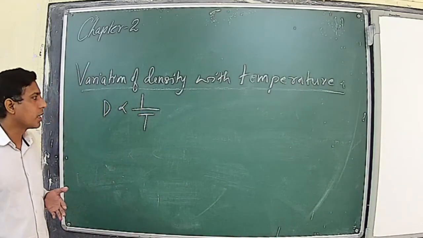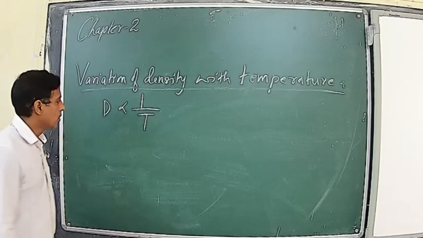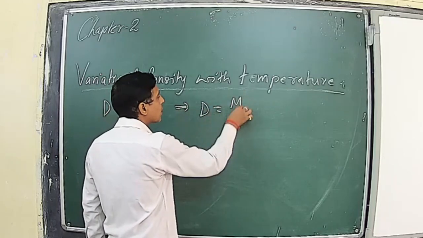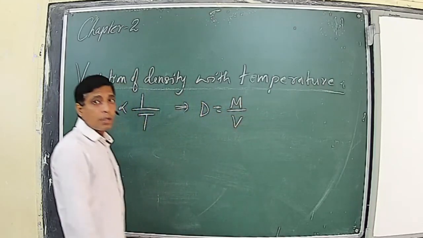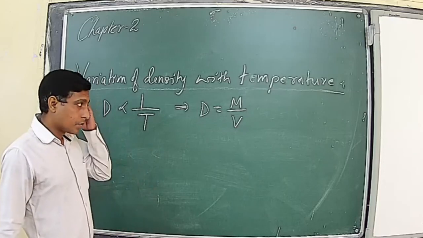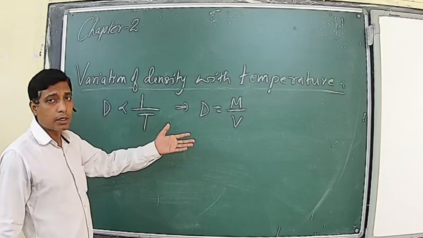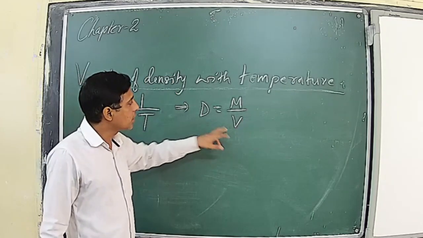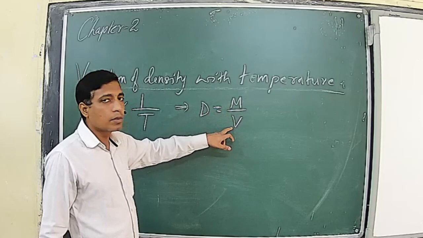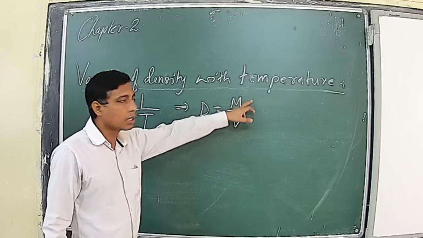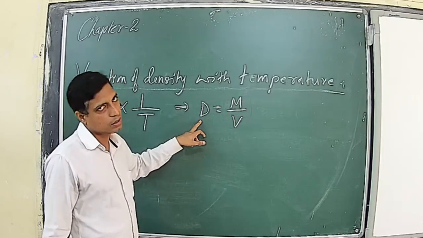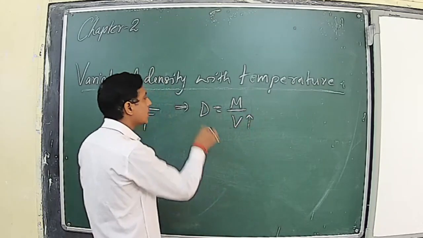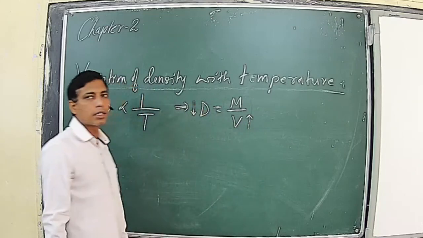Now directly we don't find any formula for how they are related, but go to the basic definition and formula of density. We have learned density is mass upon volume. We also know that when substances are heated and their temperature increases, their volume will increase. Now you can see in this formula, for a given mass, if the volume increases, then this whole ratio will decrease, and this ratio is defined as what? Density. So when the volume increases with increase in temperature, the density will decrease.